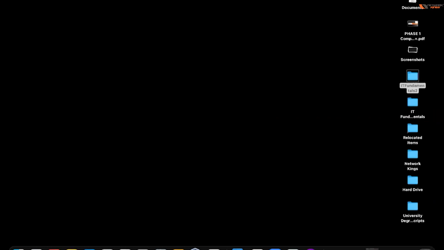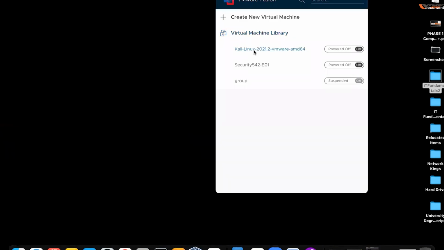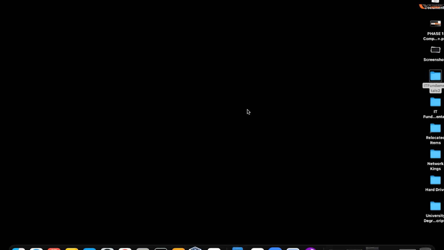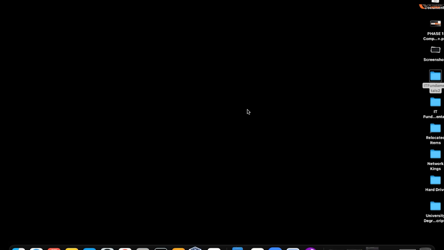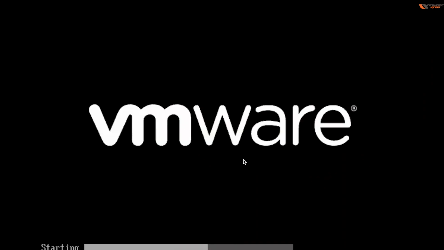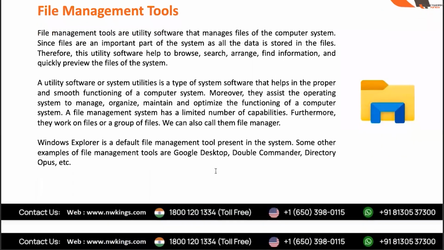I'll also show you the file management tool for Linux. ठीक है, especially Kali Linux, जो मेरे पास पड़ा है उसी का मैं आपको दिखाऊंगा. Let's open Kali Linux. Don't upgrade. Let it open up. ठीक है. I'll also show you how it works now.